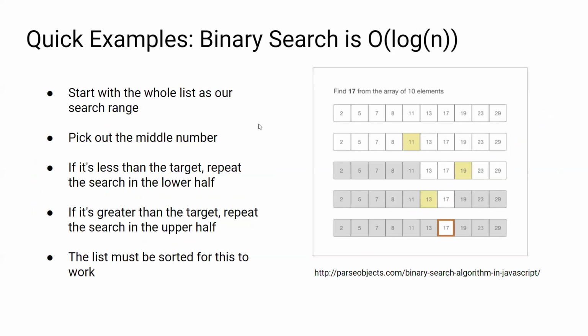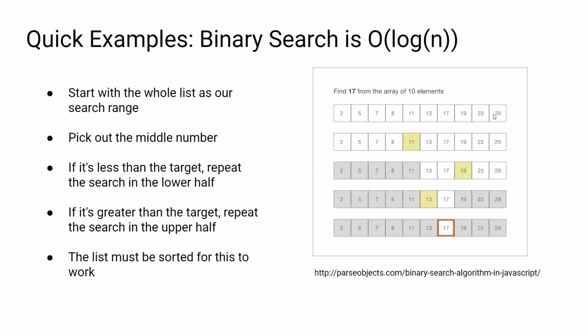Binary search. So this is kind of like a big improvement on linear search. We basically start with the whole list as our search range. We pick out a middle number, and if the middle number is less than our target number, then we repeat the search in the lower half. If it's greater than our target, we repeat the search in the upper half. And if it is our target, then we've basically finished. So